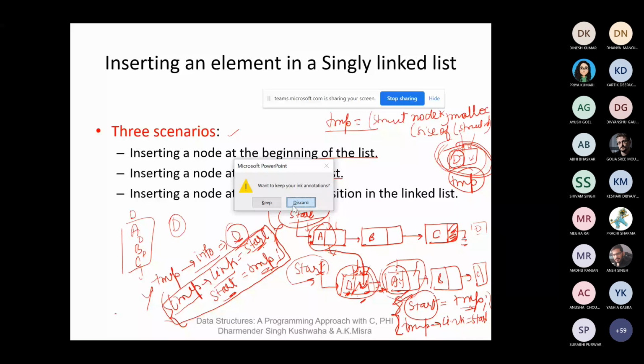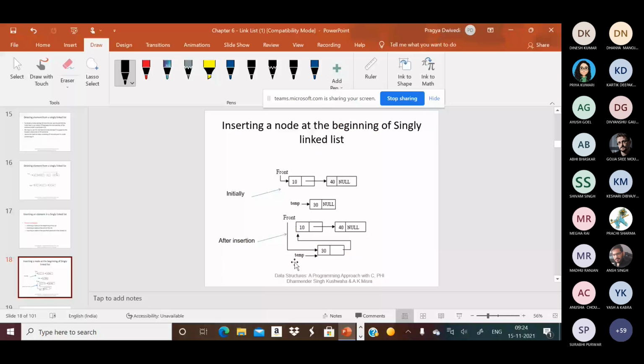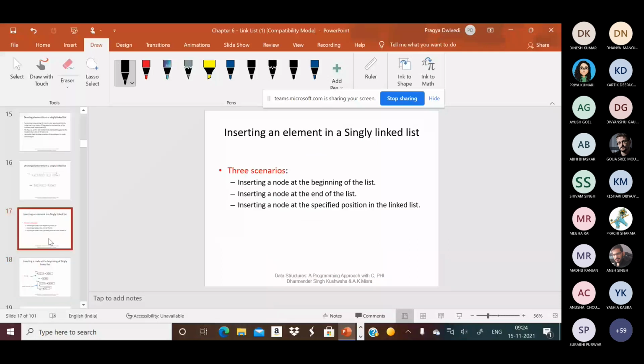Because we have already assigned start equal to temp, and then again we are assigning temp link the same value, start. Ma'am, so it is always taking like come to the first node only, like always it is in the same position. Yes, ma'am, it is not going to the other node. So is it clear?